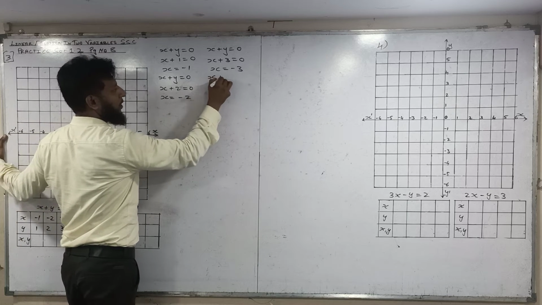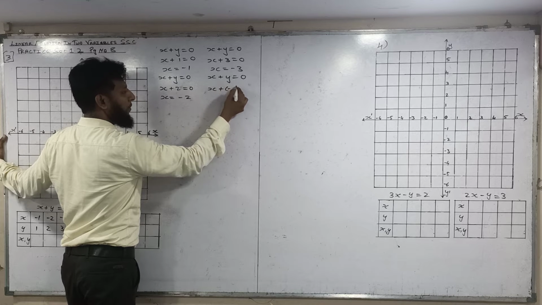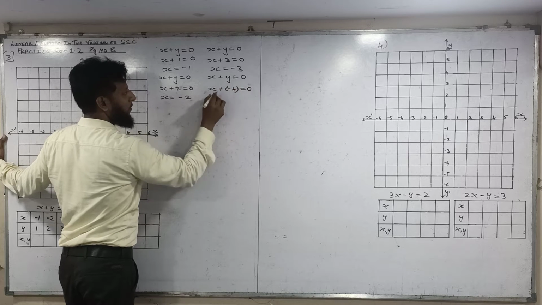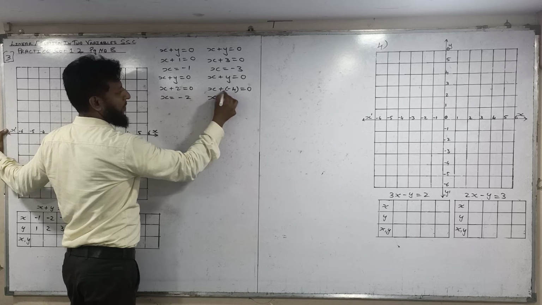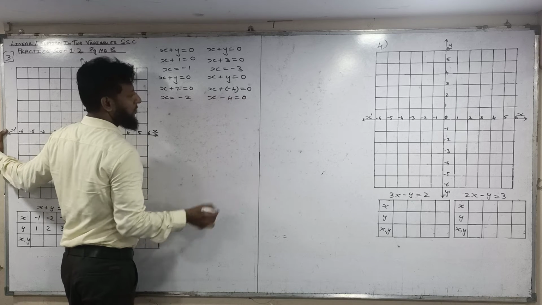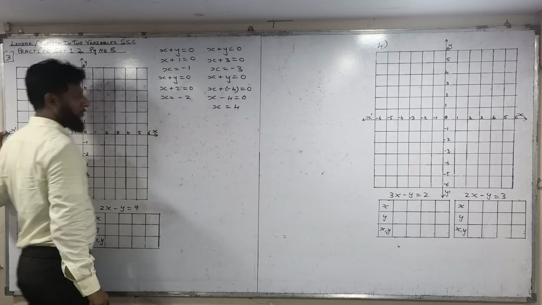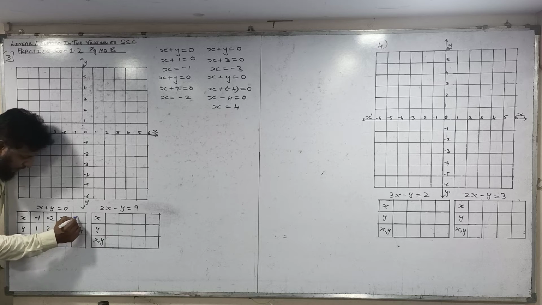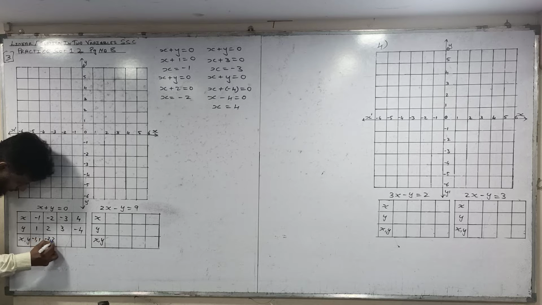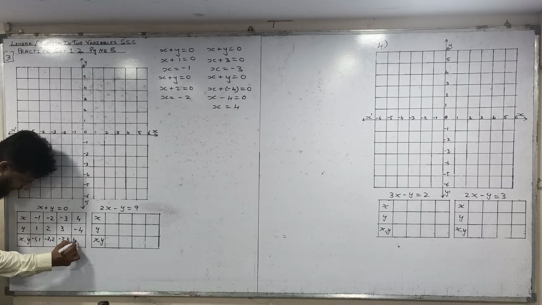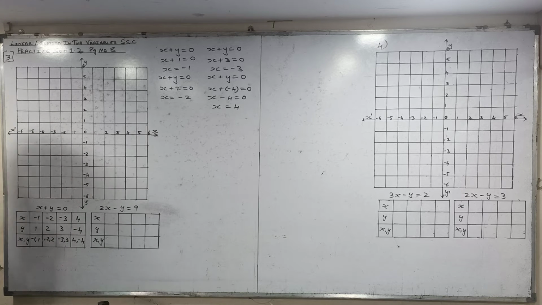Again x plus y is equal to 0. Take one value negative. So for y, take minus 4. Okay. So y value minus 4. Now solve it. Plus minus, minus 4 is equal to 0. Now minus 4 will go there and become plus 4. When we are taking y value minus 4, x value plus 4. Write the points. Minus 1 and 1, minus 2 and 2, minus 3 and 3, 4 and minus 4. Okay, so these 4 points we will plot here and then we will draw the lines.